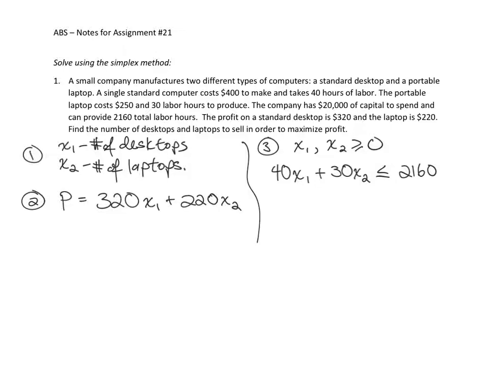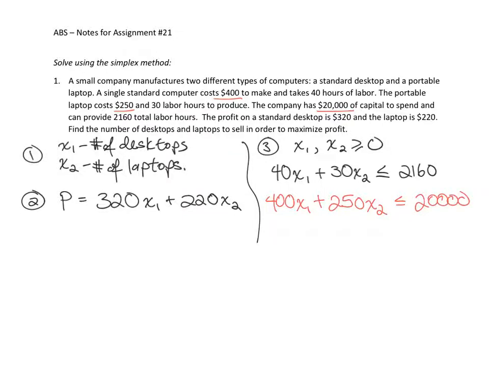The other inequality will deal with the money. They have $20,000 of capital. That means available money to spend to make these computers. Laptops cost 250, desktops cost 400. So we will use that information for the second inequality. 250 x sub 2 has to be less than or equal to